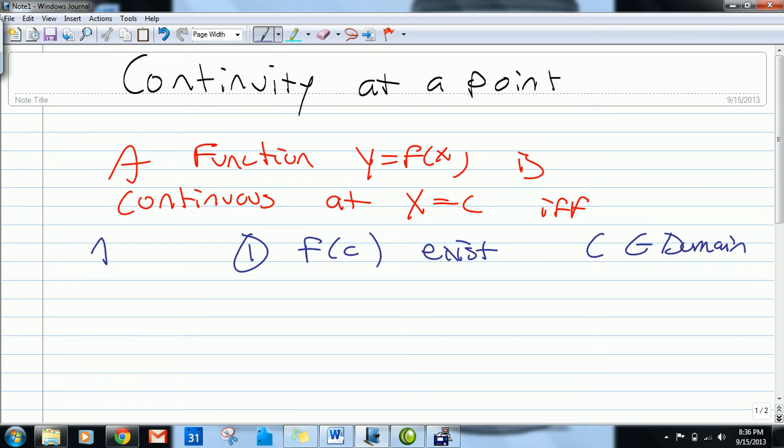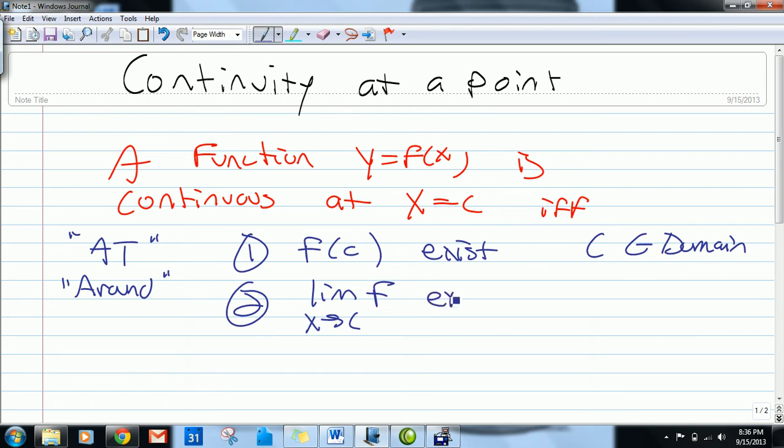I call that the at condition. Something's got to be going on at that particular point. Number two, I call this the around condition, and the around condition is the limit. So the limit as x is approaching c of that function f also has to exist,